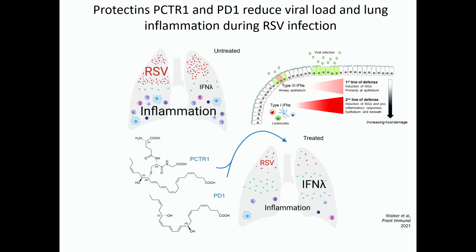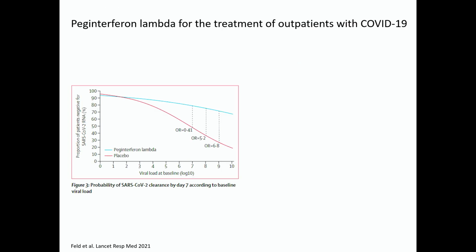We became very accustomed to the type 1 interferons that we saw so much of with COVID, because not only was this inducing the interferon stimulated genes, but also activating what became a very problematic host inflammatory response. So there's some advantage to actually preceding that with the type 3 interferon activation, and this has not been lost on the pharmacology of PEG interferon lambda as it's been studied now in